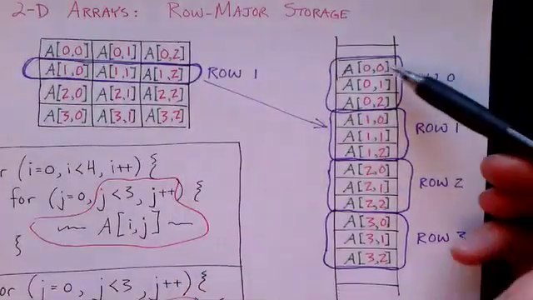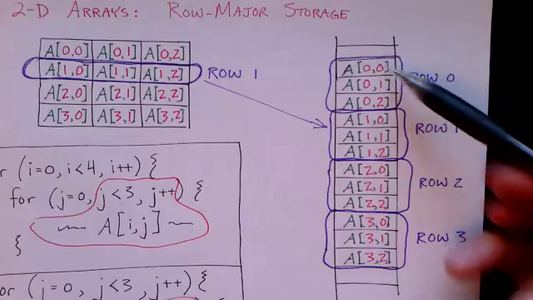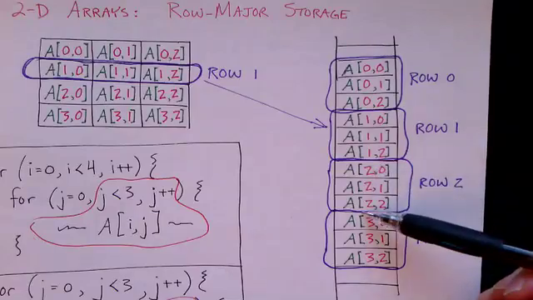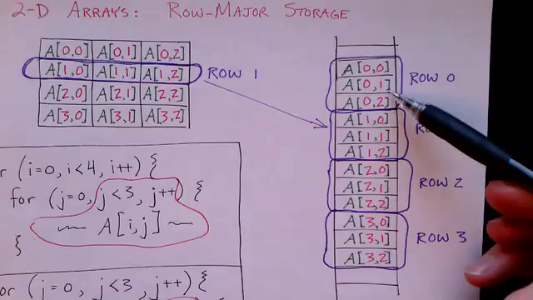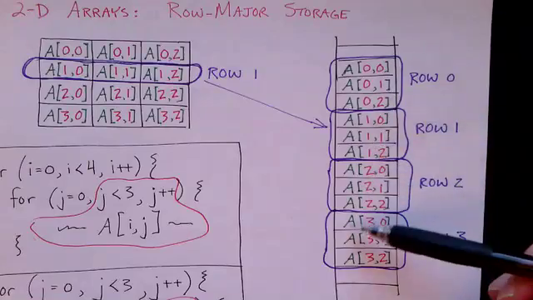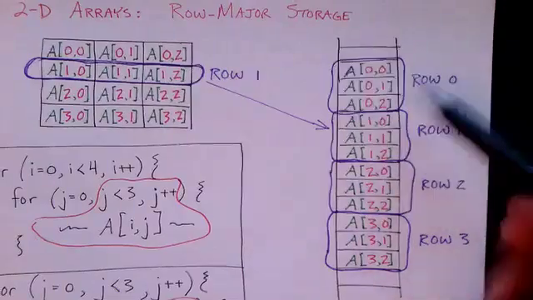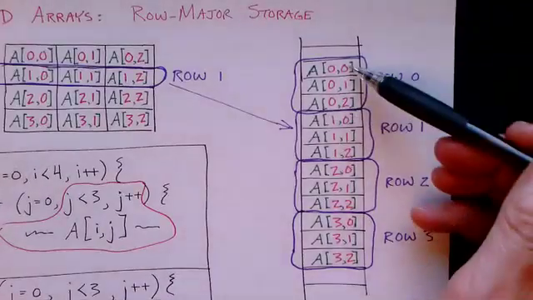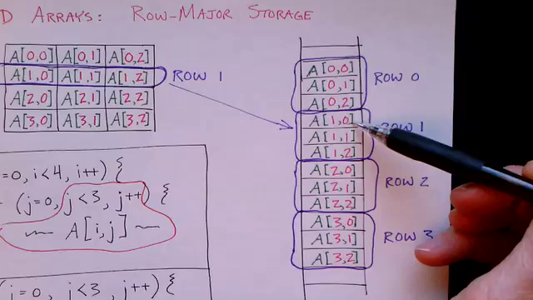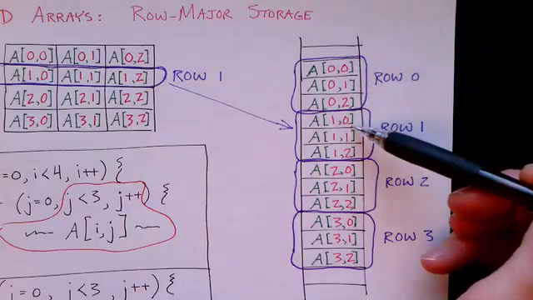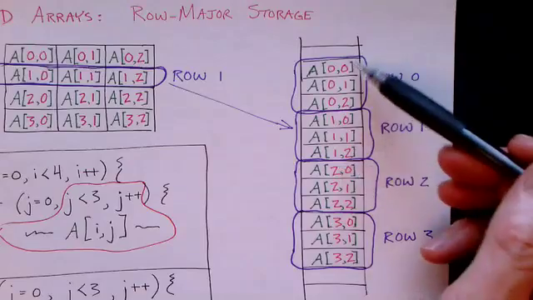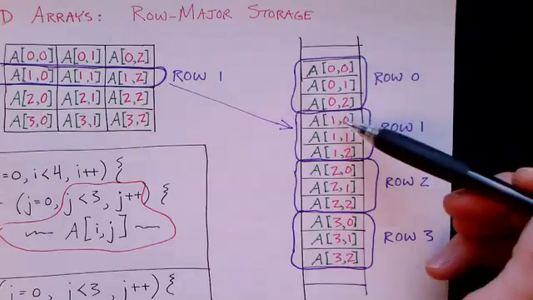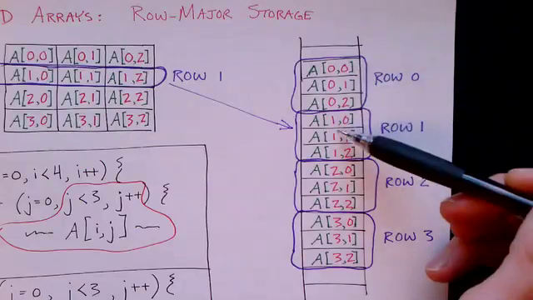So how does it do it? It goes through 0,0 first, and then it goes to 1,0, and then it goes to 2,0, and then it goes to 3,0, and then it comes back and goes to 0,1. So it's jumping around a bit. This one has a different stride. Since it goes from 0,0 to 1,0, we can say that it has a stride of 3. Now each of these may be 4 bytes or 8 bytes, so it might make more sense to talk about how many bytes it's skipping over.